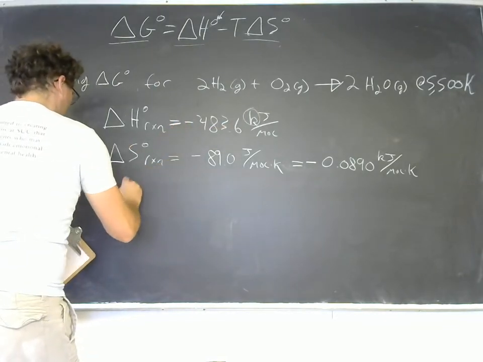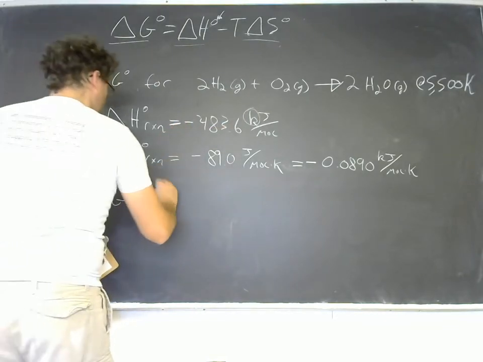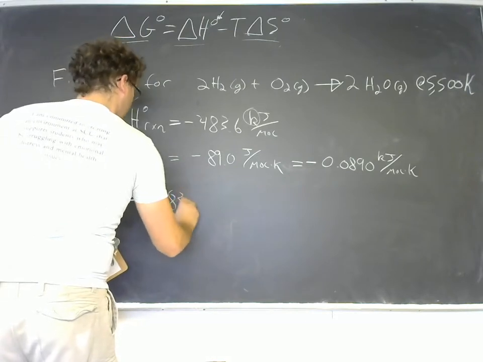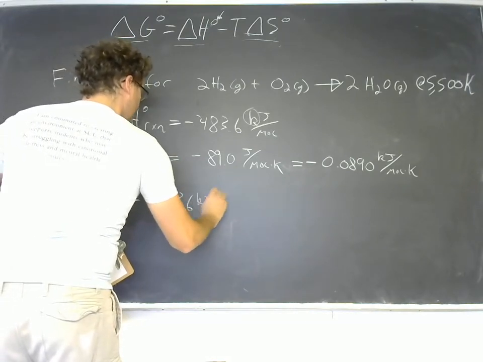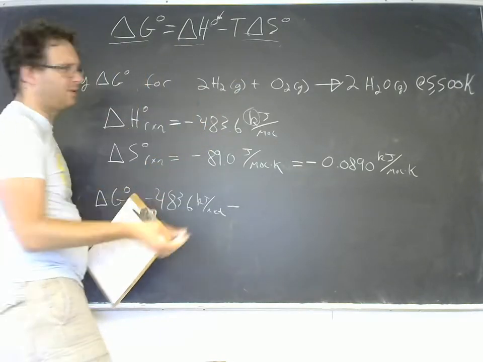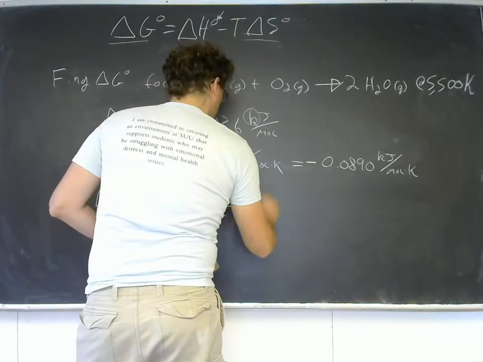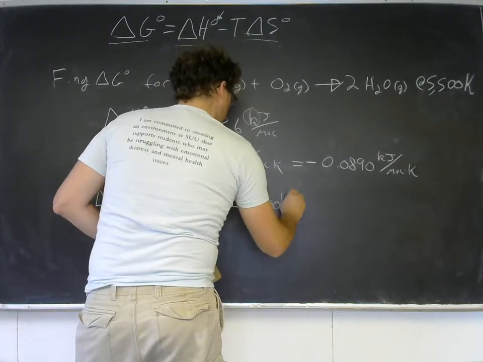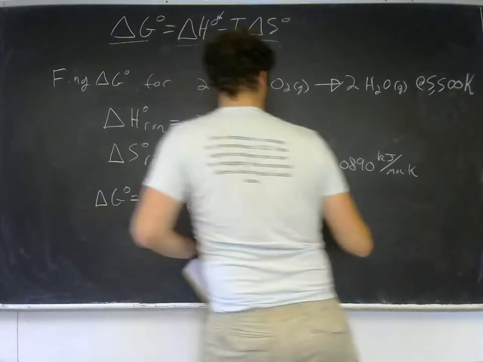Delta G naught is equal to negative 483.6 kilojoules per mole minus, and now we'll use our higher temperature of 5,500 Kelvin times